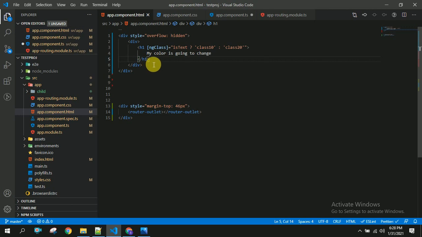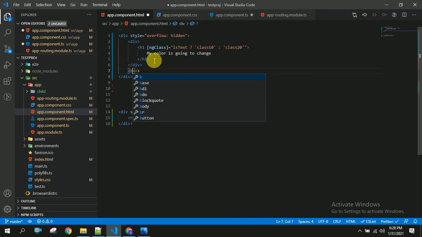So let us save this, and I want to take a button. So once user clicks on that button, change color, this particular method will be executed.